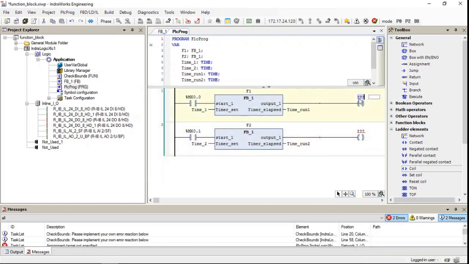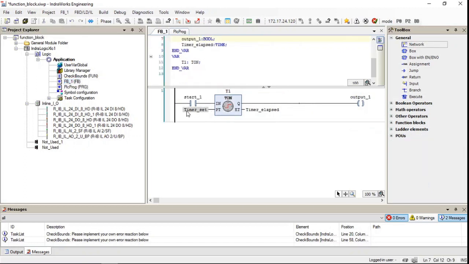Okay, so these will be addresses %QX0.0 and %QX0.1. Okay, so this is created. So now when I enable this, whatever the time value given here will go to the timer